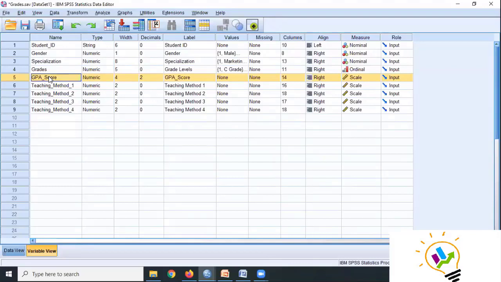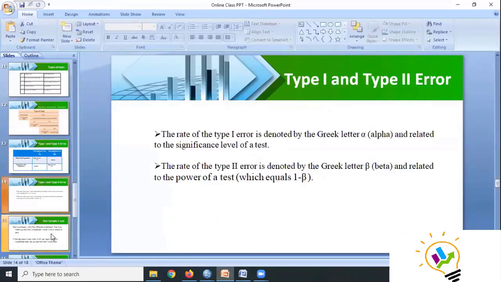Right. Now, in one sample, the parametric test we'll be using is called the one sample t-test. For example, for GPA score only, I'm assuming the computed score may be 3, I'm expecting. Right, madam? Yes, sir. I want to check whether it is correct or not. I just made a small hypothesis for this.